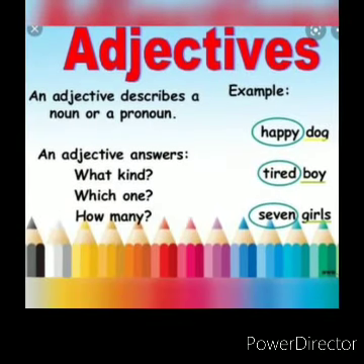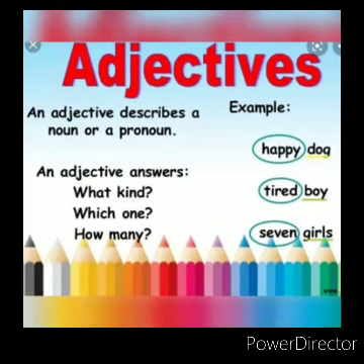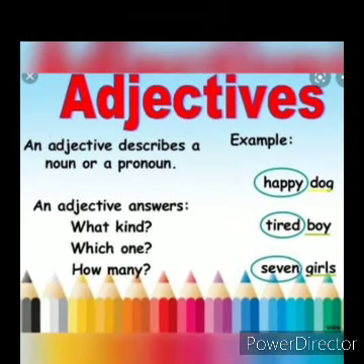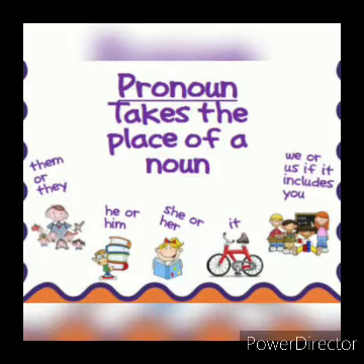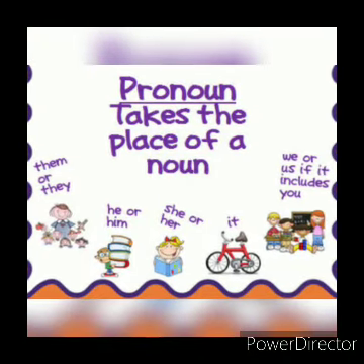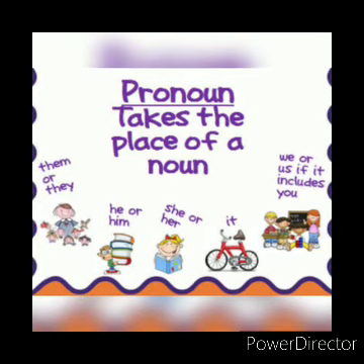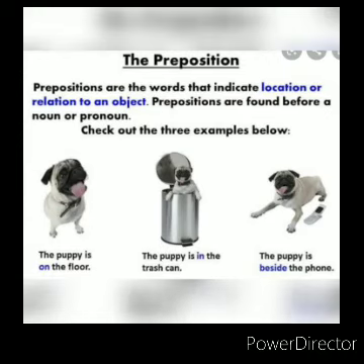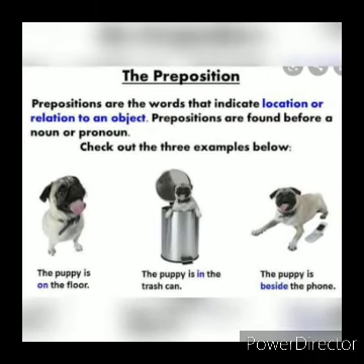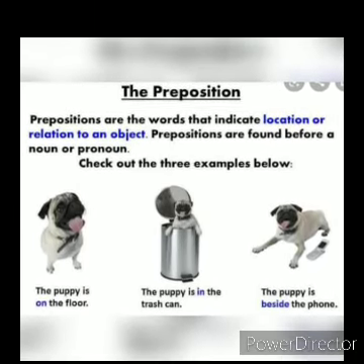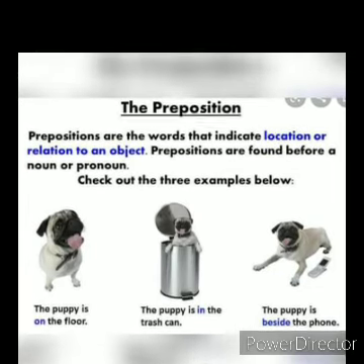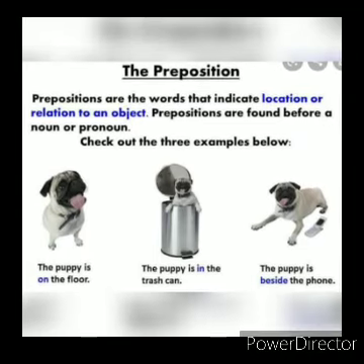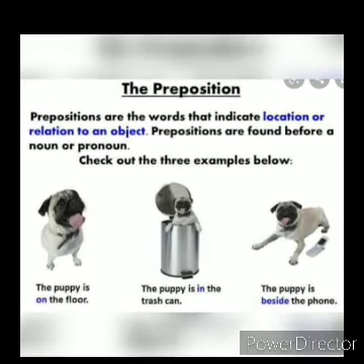Adjective. An adjective is a describing word. It describes a noun or a pronoun. Pronoun. Pronouns are used instead of nouns. Preposition. A preposition is used to link nouns, pronouns or phrases to other words within a sentence. They act to connect the people, objects, time, and locations of a sentence.